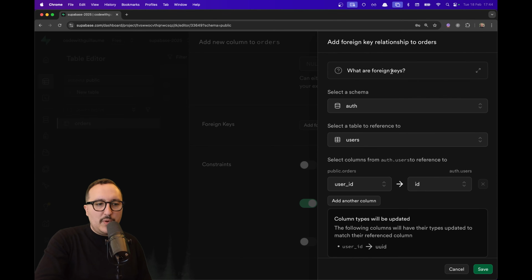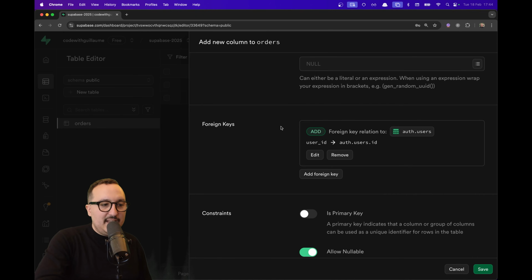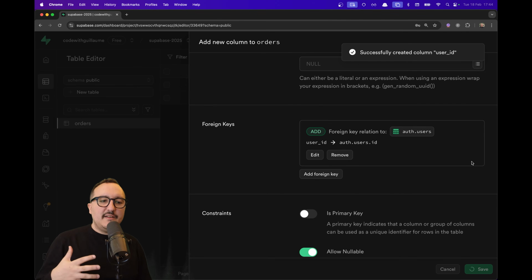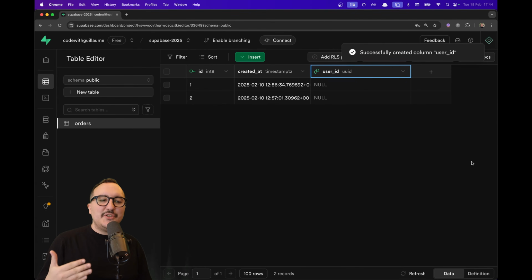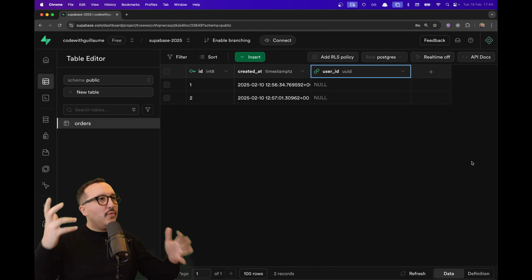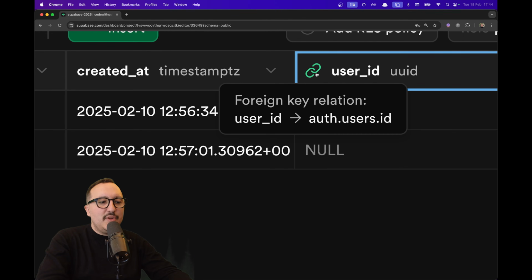Okay, so I got my foreign key created. I got to click on save, and here suddenly we can see on the new column that I'm going to add that we have a foreign key set up. So I'm going to click on save. Okay. And basically here, it's going to create the relationship. And there we go. Let's take a look quickly here at the column. We can see that we got this green icon with the foreign key relationship, user_id,